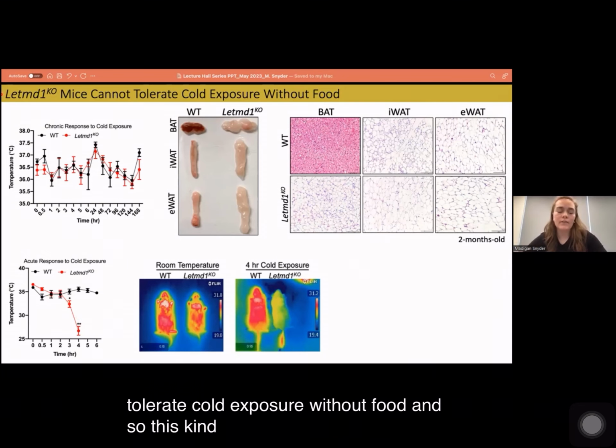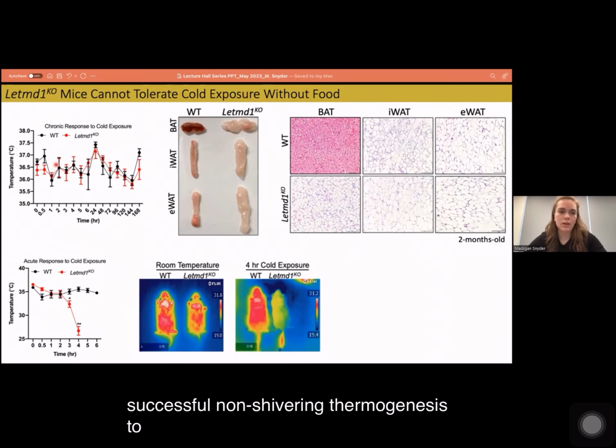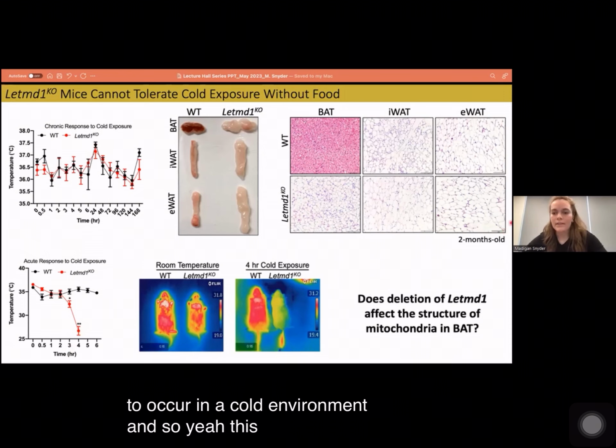And so this led us to start thinking, okay, this LETMD1 protein must be really important for successful non-shivering thermogenesis to occur in a cold environment. And so, yeah, this led us to then ask,